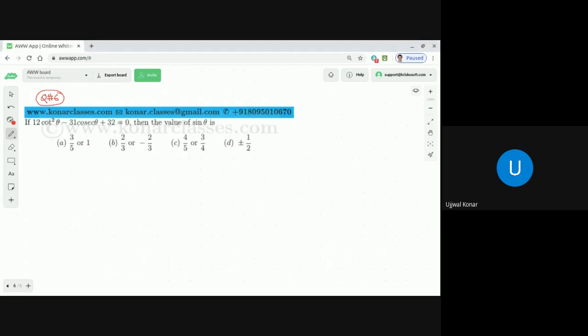So as the question is that you need to find the value of sine theta, so it is important that from this given equation, we convert everything into sine theta. And how you can do it? So from here, what we can get, dear students, is that,